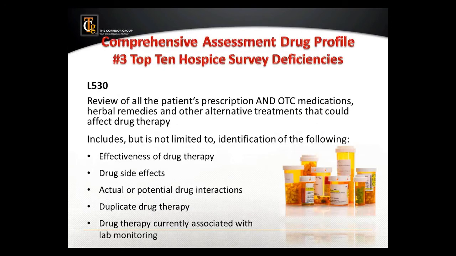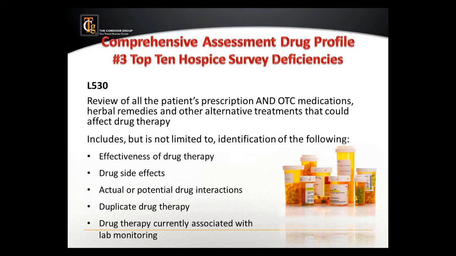Let's talk about the drug profile because it is falling out as one of the top 10 hospice survey deficiencies. And again, as part of the plan of care, we'll see that the drug profile is also included there. But we have to make sure that it is correct, because if it is going to be part of that plan of care, part of our roadmap, part of driving what we do, we need to make sure that there